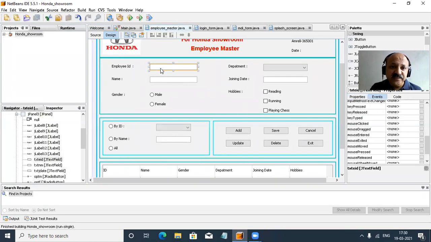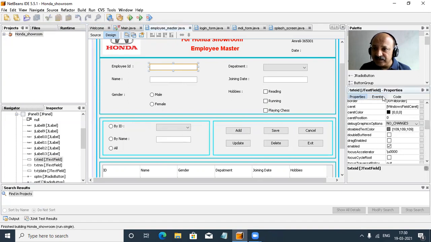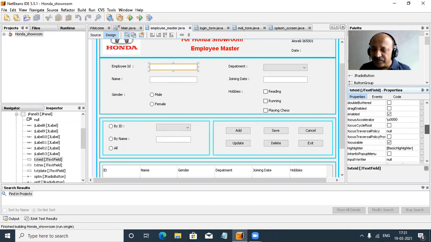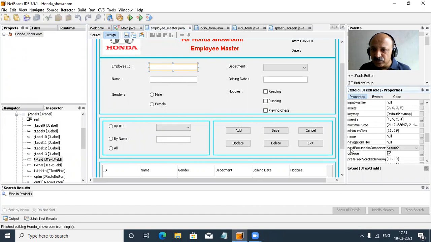So yes, first I select this txtEid, and there is one important property. First we can take the event here, but here you can select the property. There are three parts: property, event, and code. So in property, there is the next focusable component.